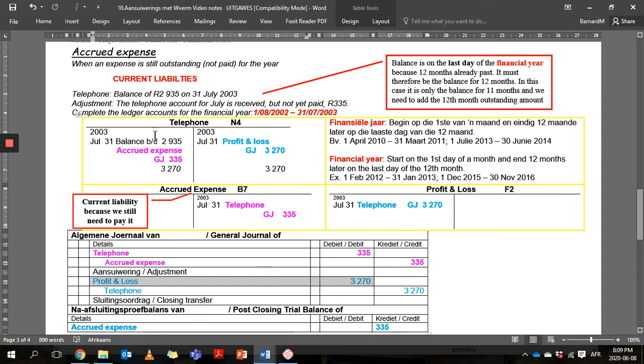Then at the end of the year, these two accounts will be closed off, the telephone as well as the profit and loss, and we will only sit with the accrued expense account, which is a balance sheet account, and that will have in our post-closing trial balance a credit balance. This is accrued